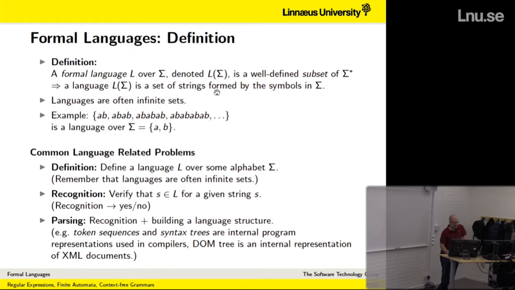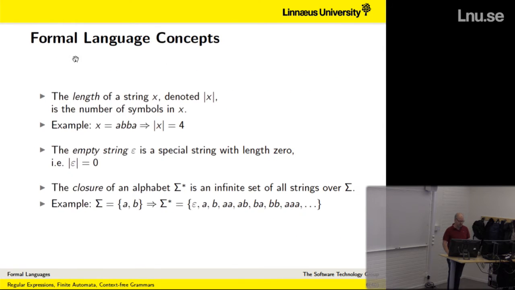And then a formal language over a given alphabet is any well-defined subset of the closure. You have the set of all strings, and you say that only these particular strings are my language. They are a subset of all of them. So if we go back,